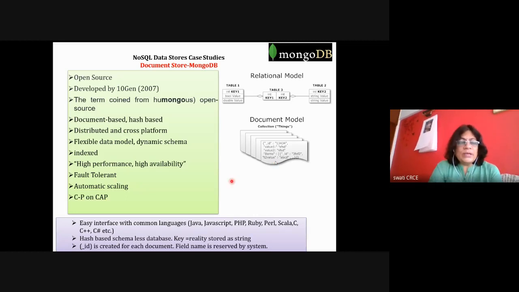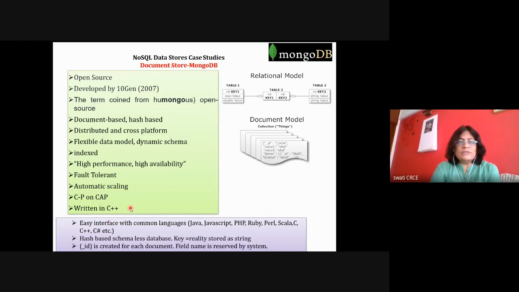And from the CAP theorem, it gives you consistency and partition tolerance. Consistency and partition tolerance are the most highly considered for this MongoDB data store. They concentrate on partition tolerance and consistency. And this database is written in the C++ language.